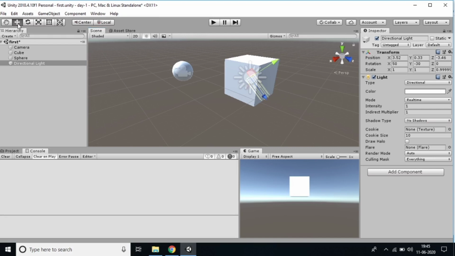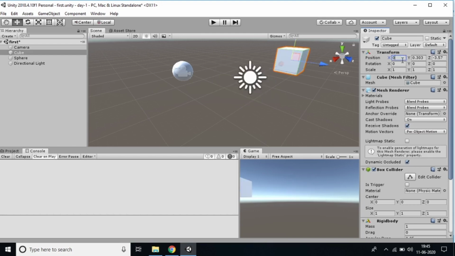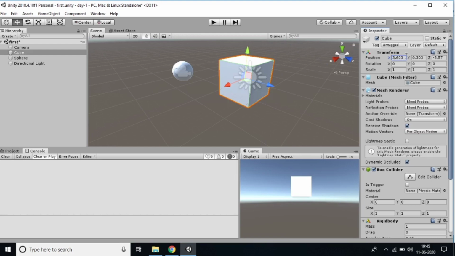And coming to the next tool, the move tool. What is the usage of the move tool? Suppose the cube is there, I want to move the cube. By using position, the move tool is also called position. You can see the numbers changing here, right? You can change manually. Shall I keep it at 0? It was at 0 position. So like that we can change the position manually also. So this is the move tool, we can do it like this.